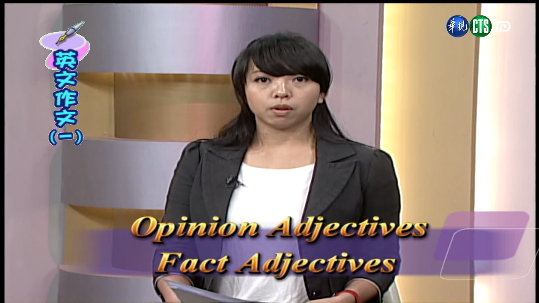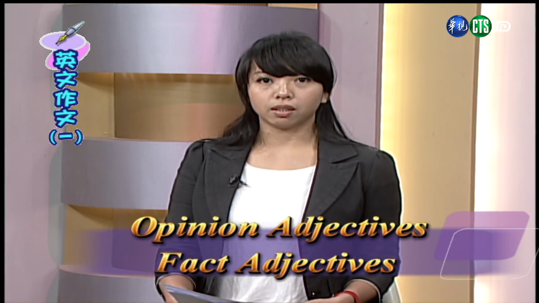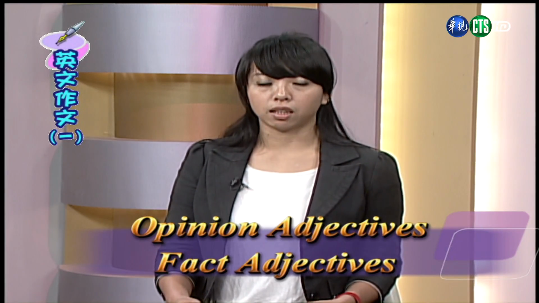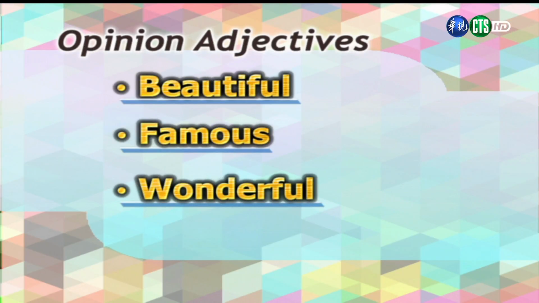Now, the first rule is that adjectives can be divided into two categories. These are opinion adjectives and fact adjectives. 第一个规则就是我们的形容词分为两大类，第一类是看法形容词（opinion adjectives），第二类是事实形容词（fact adjectives）。And so now our rule is that opinion adjectives are always written before fact adjectives. 我们的铁规则就是我们的看法形容词一定会放在事实形容词的前面。